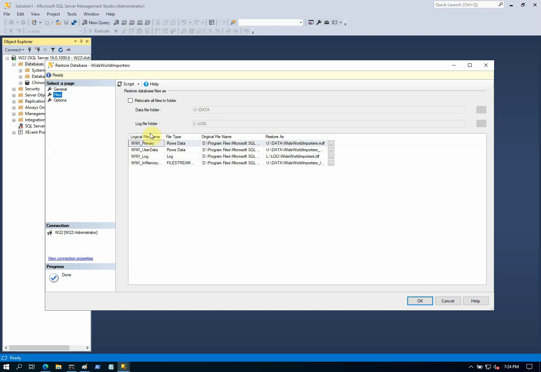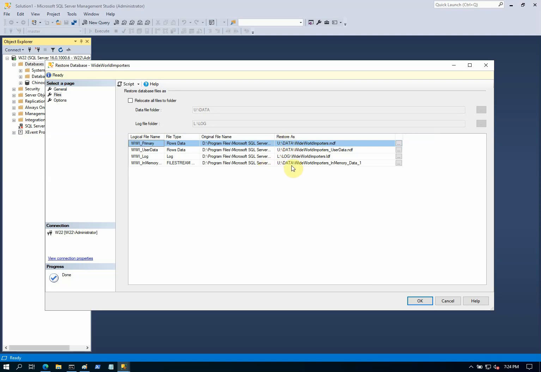This is the logic, or this is at the source. If I expand this, you can see originally this file was created at the D drive. That is whatever the people who did the backup saved it. So the original database is on the D drive. So on the restore server, you see SSMS based on the